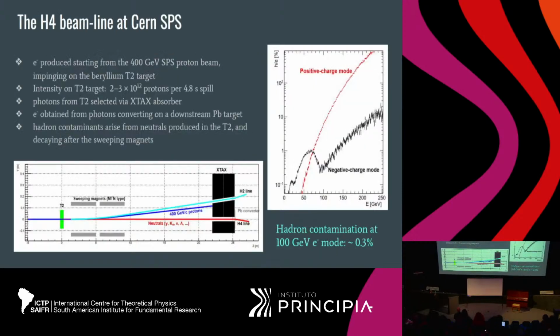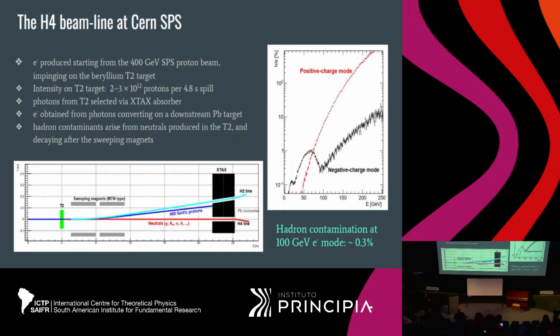Okay, so first of all, I told you this experiment is at the SPS, which is the same facility where we would, for example, host SHIP, and there we will use a 400 GeV proton beam. So this is the kind of particle you can find in the SPS. If you want to use electrons, you have to produce electrons, and to do so, the technique is this. The 400 GeV beam from the SPS impinges on a target, which is the T2 target of the North Area, and from this interaction you produce many particles,